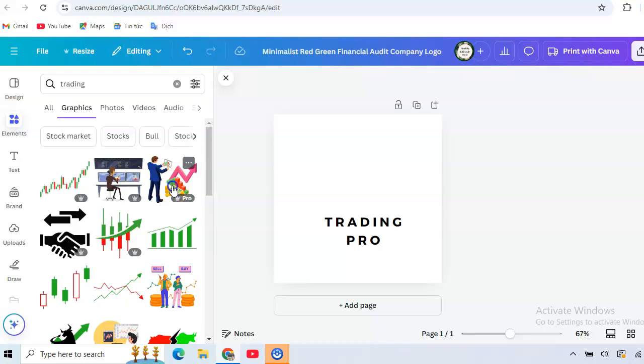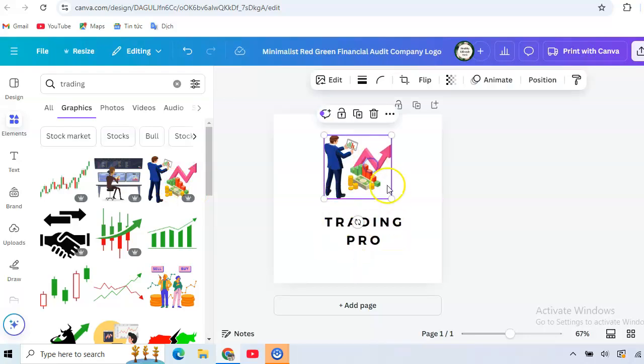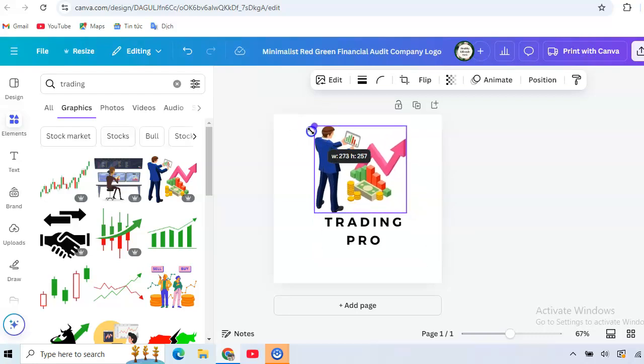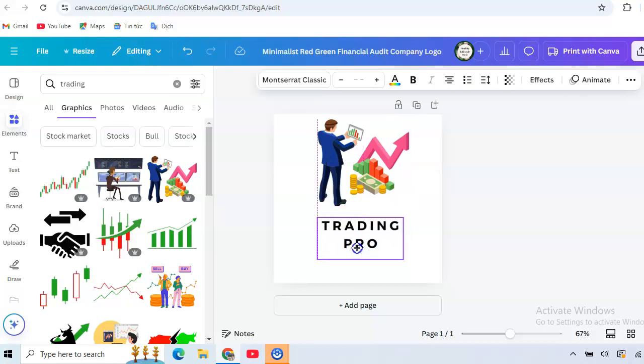Okay, for example this one here, and just move it a little bit up. Here increase the size, and then